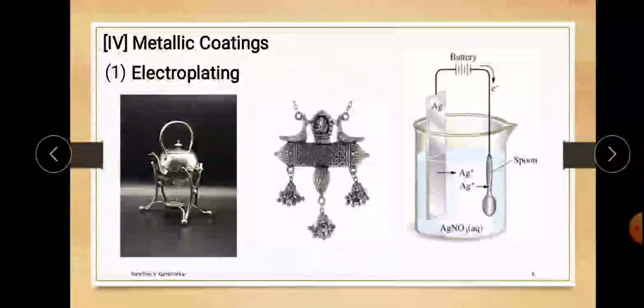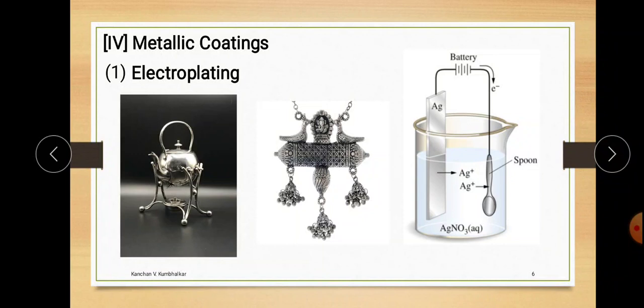We know such ornaments which are silver electroplated. In electroplating, noble metals such as gold, silver, tungsten, lead, etc. are coated on base metals. It protects the base metal by virtue of its noble character. So, tin plating and nickel plating are generally used. The electroplating of zinc is called galvanizing. Remember, the galvanization process is a corrosion process. It is a type of corrosion.